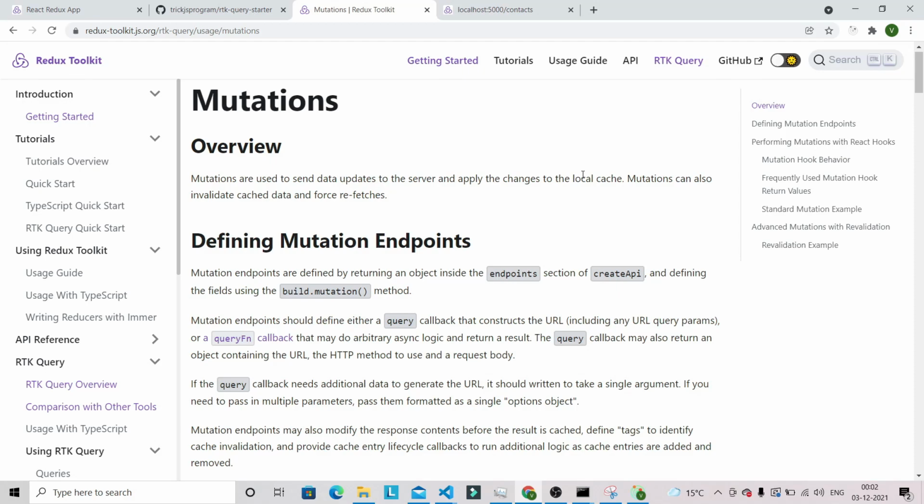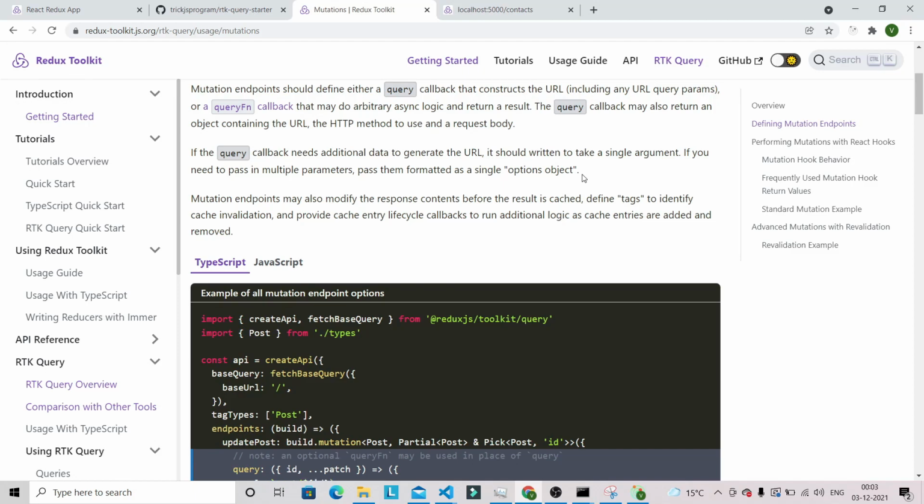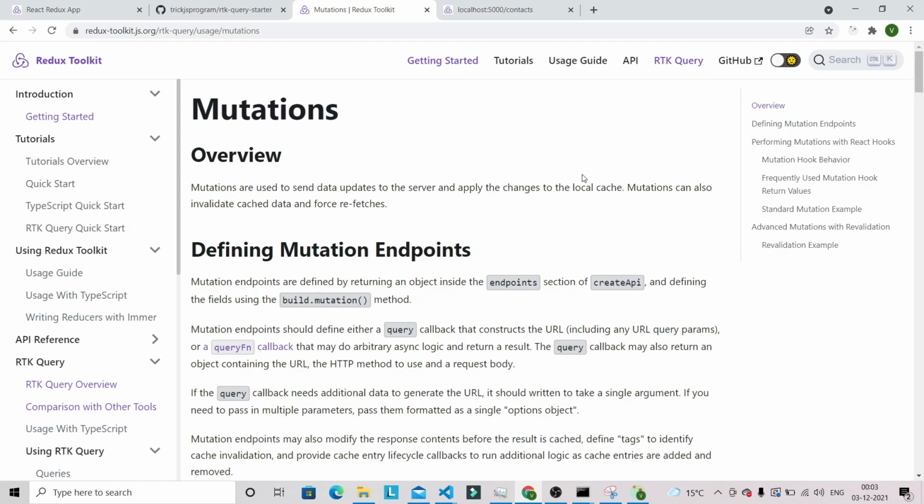So mutations are used to send data updates to the server and apply the changes to the local cache, and mutations can also invalidate the cache data and force a refetch. Okay, so with RTK you have to write the mutation in order to perform the add operation or delete operation or update operation.